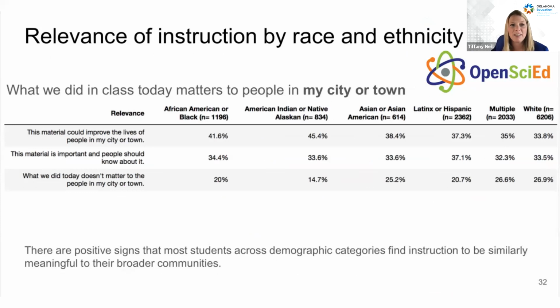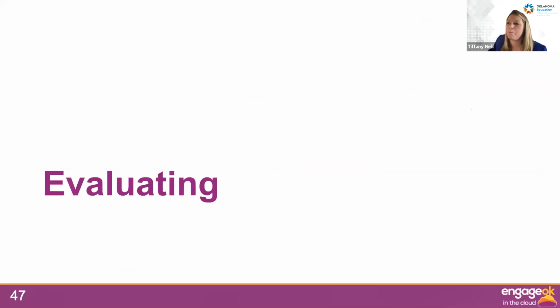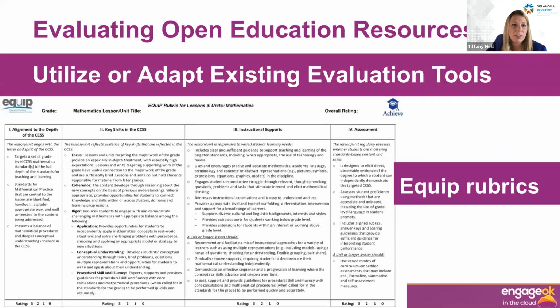And that'll give you a good sense as to whether or not the curriculum is static or whether it's really attending to your students' interests and identities. And the whole question of when will I use this, or why does it matter? So we wanted to share with you today a few ways that you can evaluate curriculum.